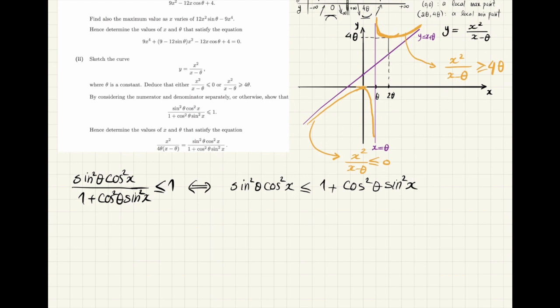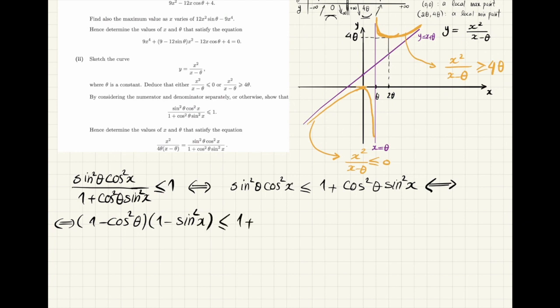Yes, this happens if and only if this. And then this is also happening if and only if, on the left hand side, instead of this, I put 1 minus cosine squared theta, and instead of this I put 1 minus sine squared x. So let me just write it. So this if and only if 1 minus cosine to the power of 2 theta, and then times 1 minus sine squared x is less than or equal